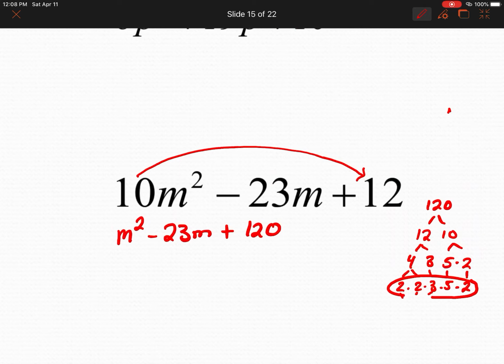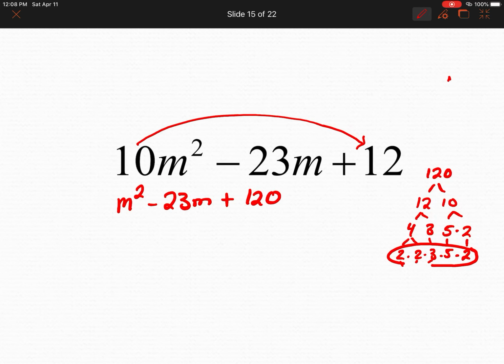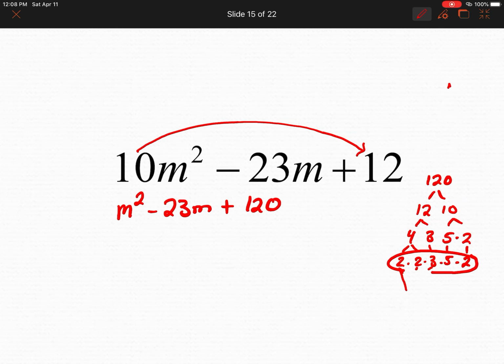So we could then say, well, 2 times 2 times 2, that's 8. And then 5 times 3, that's 15. And 15 plus 8 is going to be that 23 I need in the middle. And so that should be my 2 numbers that work. Okay? And so we'll again factor this